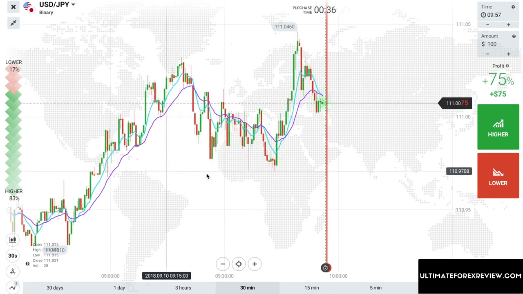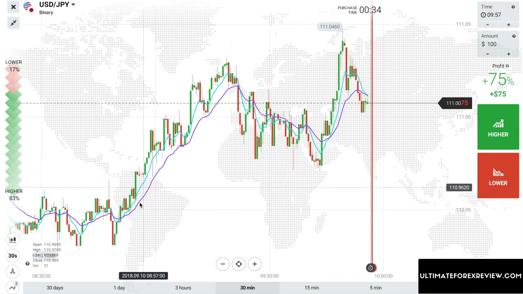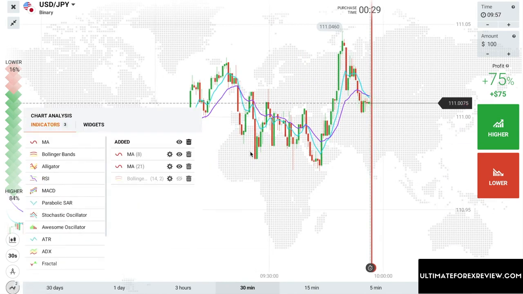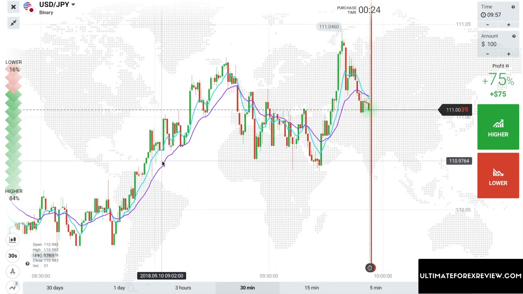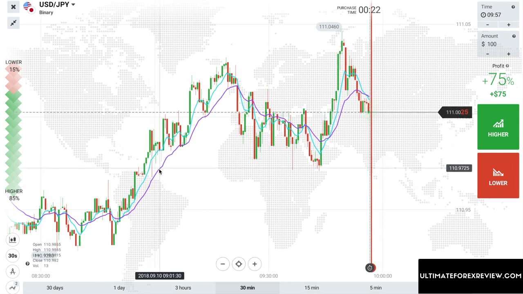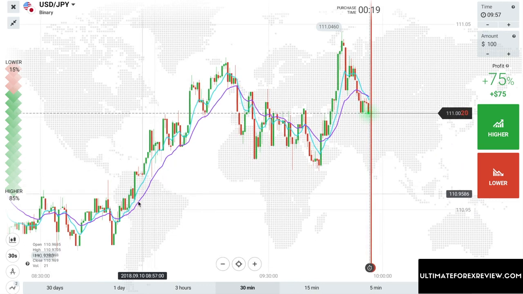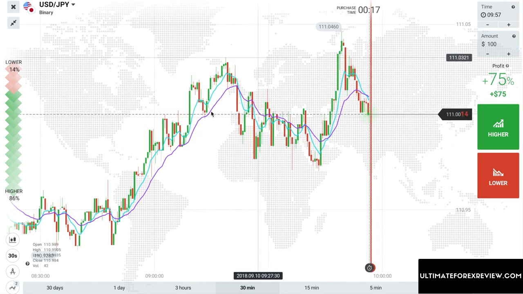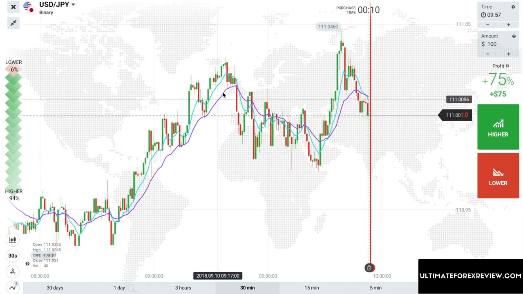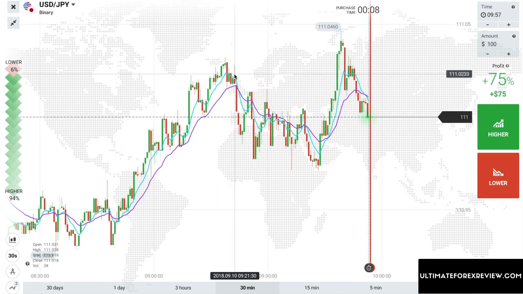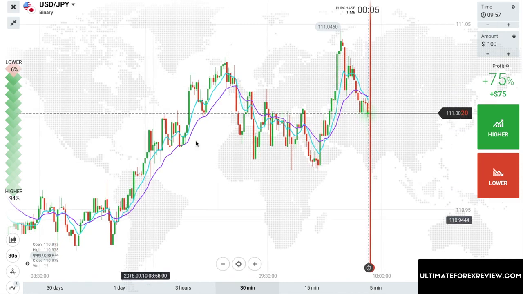So for example, I could say I've got these two moving averages on my chart. They're an 8 and a 21 period moving average. When they're below price and the 8 is above the 21, I am only going to be looking for buy opportunities. That does not mean I'm going to buy every time price comes into the moving average. It means I'm going to be looking for buy opportunities. So I could utilize that as help to know, okay, I'm only looking for buys in these market conditions, right?